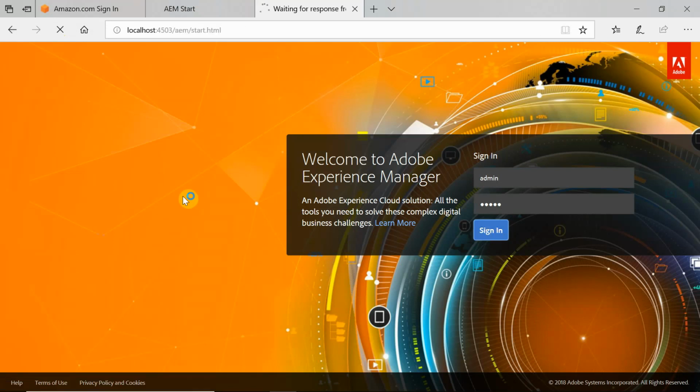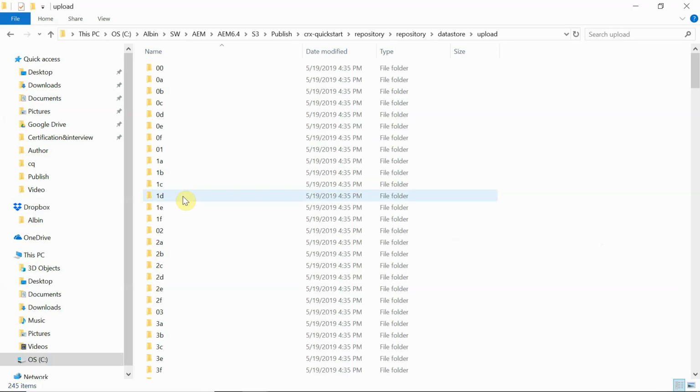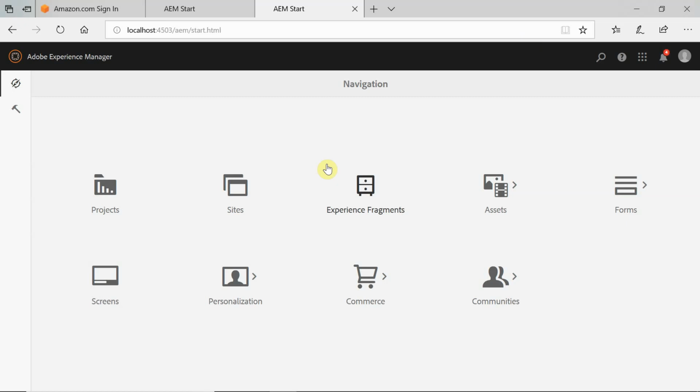Okay, meanwhile let me go to this upload folder. What is going on? Let's see. Still upload is going on. Yeah, looks like the server started fine. So now, as a next step, what we have completed till now is we set up an AEM author instance and an AEM publisher instance. Both are pointing to the same S3 data store. So right now we need to set up a binaryless replication agent in author.